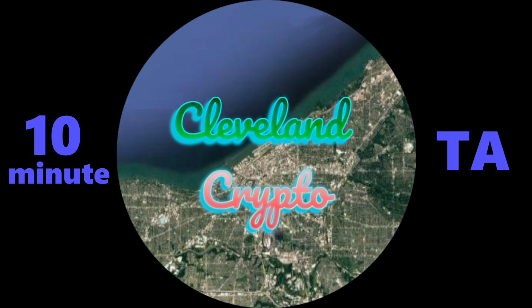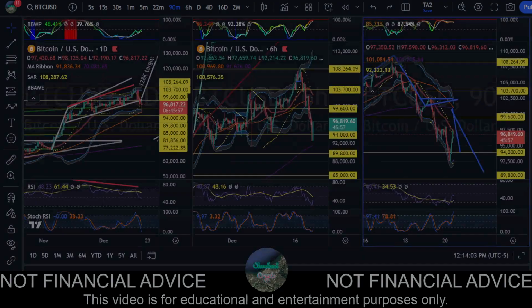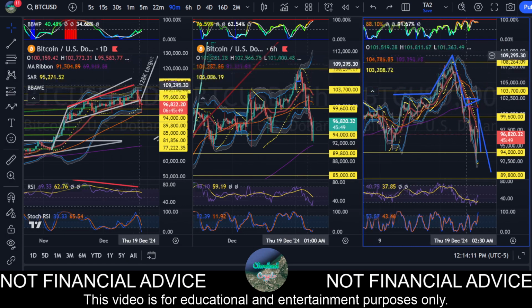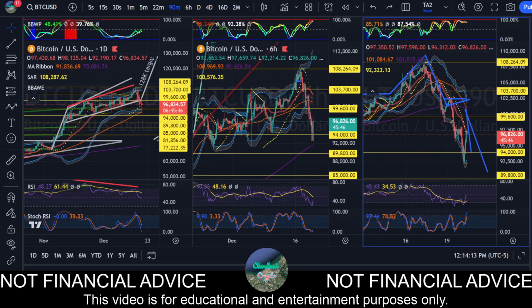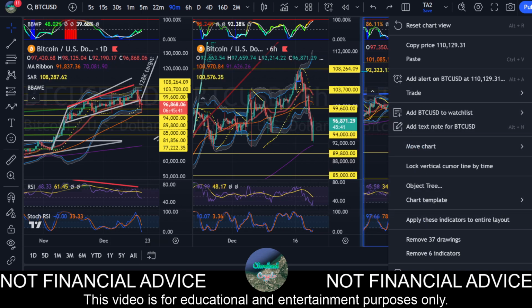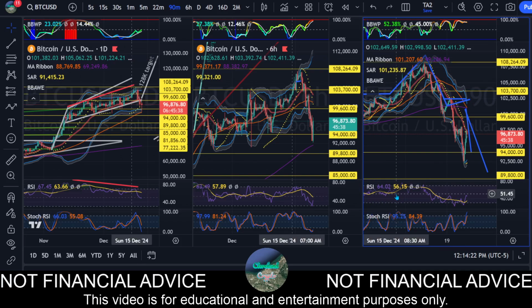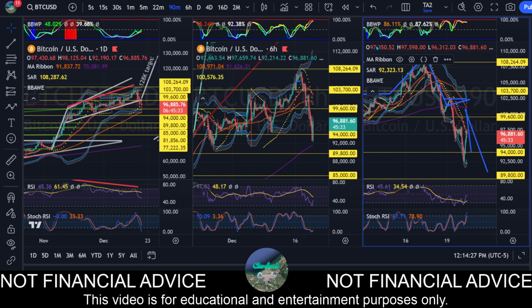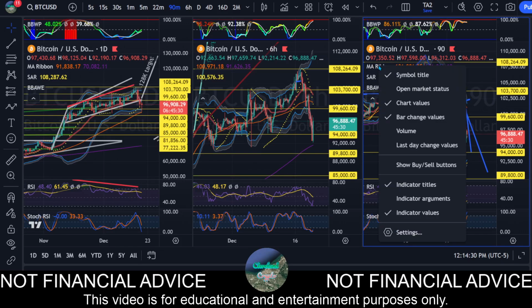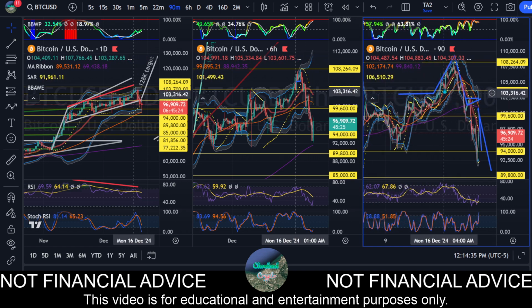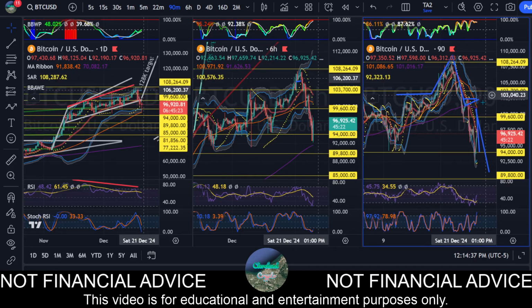Let's get into the charts. All right, so from yesterday, you can see these measured moves that we drew out from this head and shoulders pattern that we were looking at on the 90-minute chart. Let me bring up the symbol titles so you can see that this is the 90-minute chart, even though there is a background stamp here. Anyway, like I was saying, from this head and shoulders pattern that we were drawing out yesterday